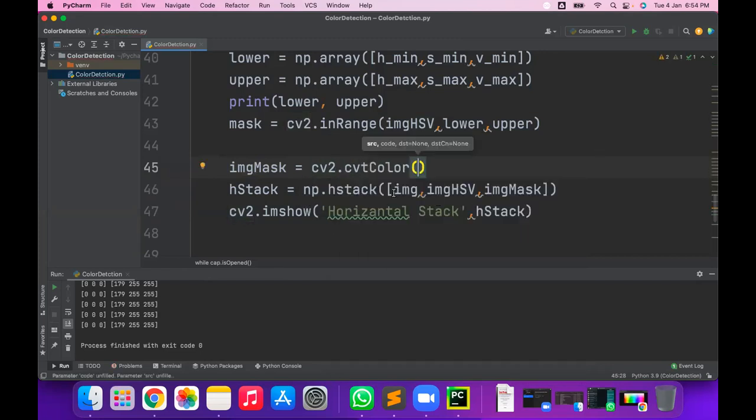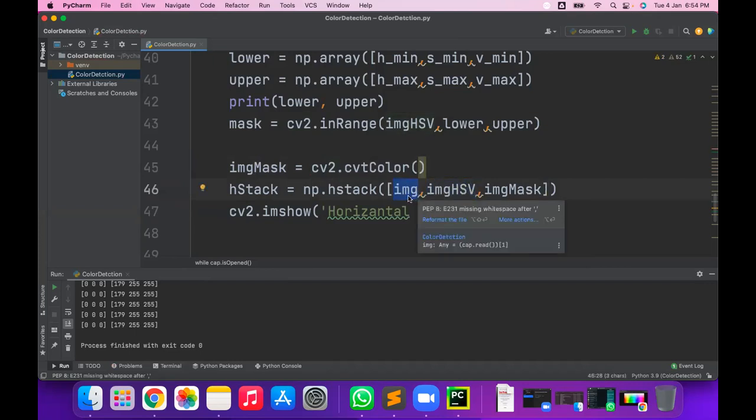Why? Because this is the BGR image and this is the HSV image. The BGR image has a size of, suppose, 640 by 480 by 3. Img hsv also has a size of 640 by 480 by 3.